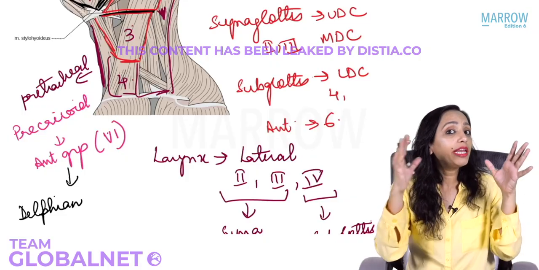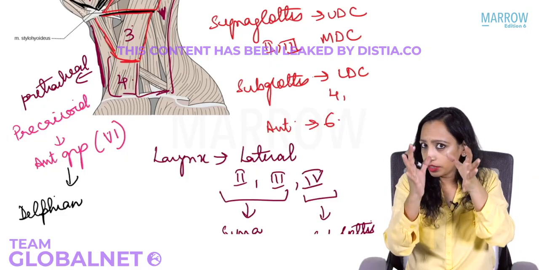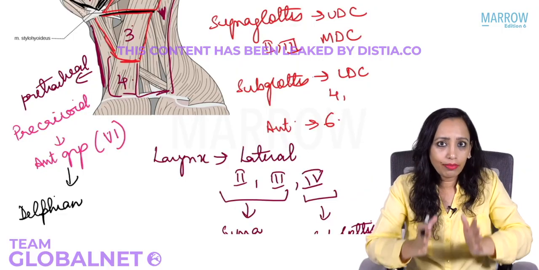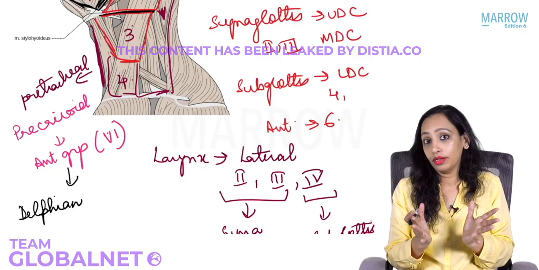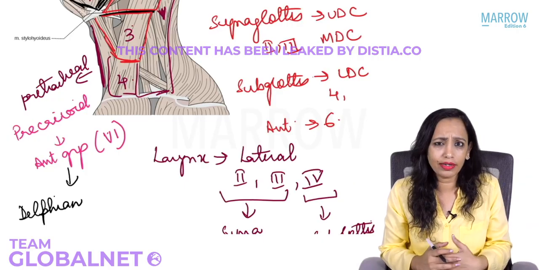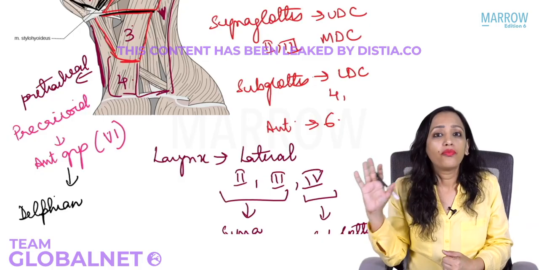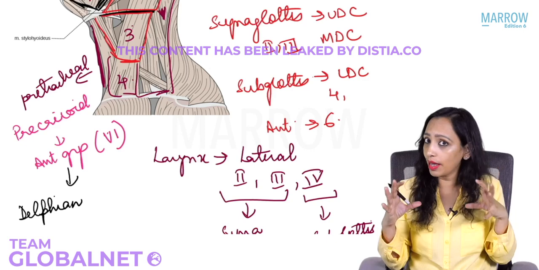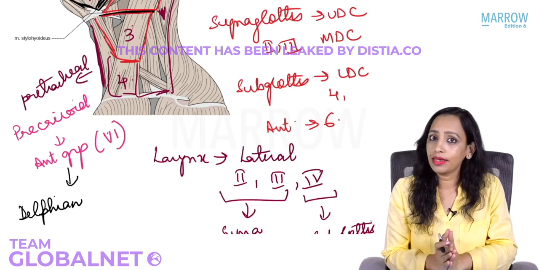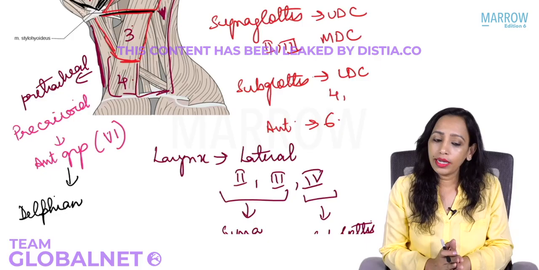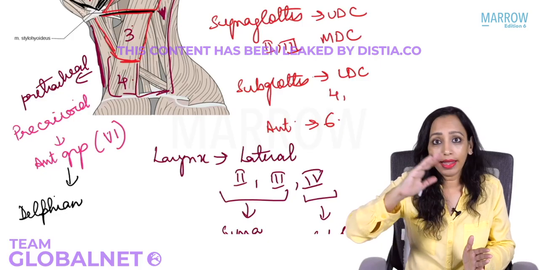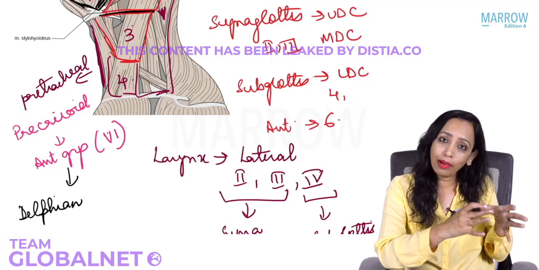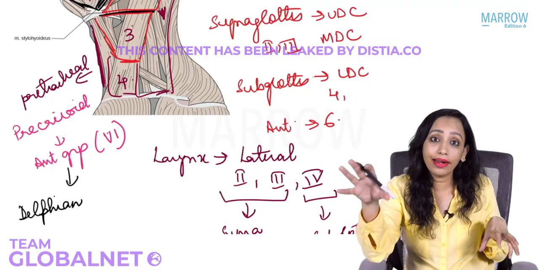So we now have this complete model of the larynx, with the cartilages connected with the membranes, connected with the muscles, then the epithelium lining it and the spaces around it. We also know which lymphatics it drains through. The nerve supply we'll do in great detail when we do the vocal cord palsies. This larynx is not the same throughout. In a child, then at puberty, and then in an adult, it changes. The maximum change is when you compare the larynx of a child and an adult.